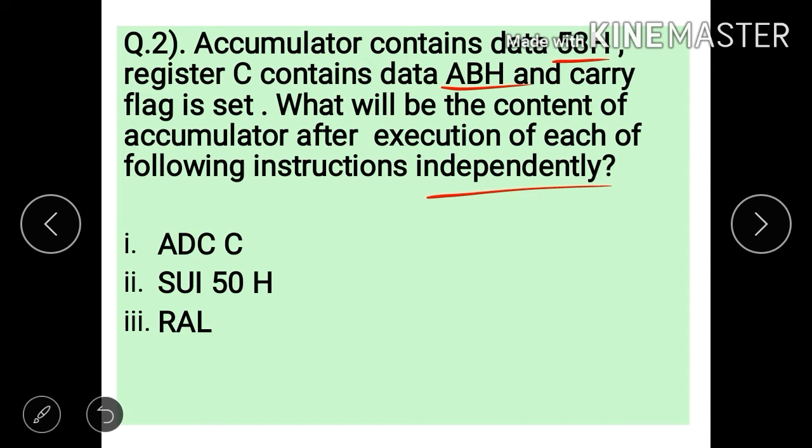In the next instruction, SUI 50H, we will subtract immediate data 50H from the content of the accumulator. The next instruction is RAL. When we execute this instruction, the content of the accumulator will shift to the left by one bit through the carry.